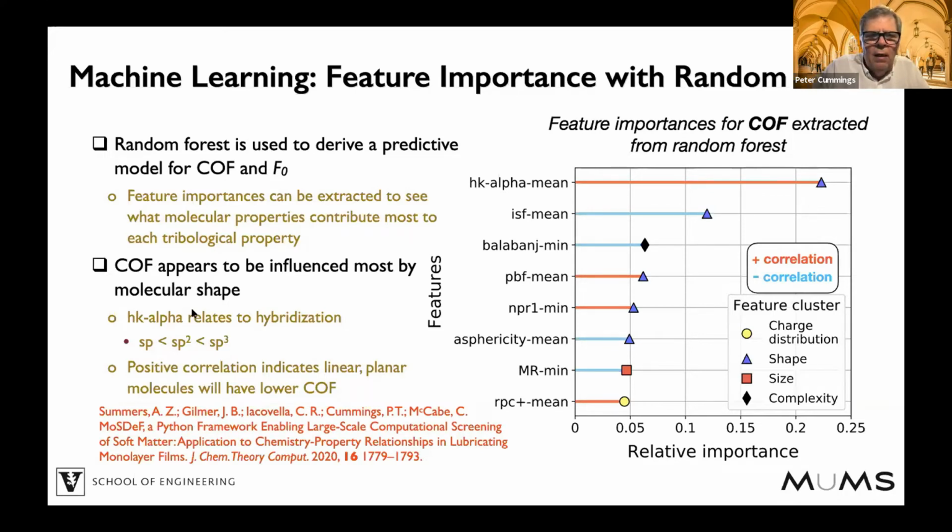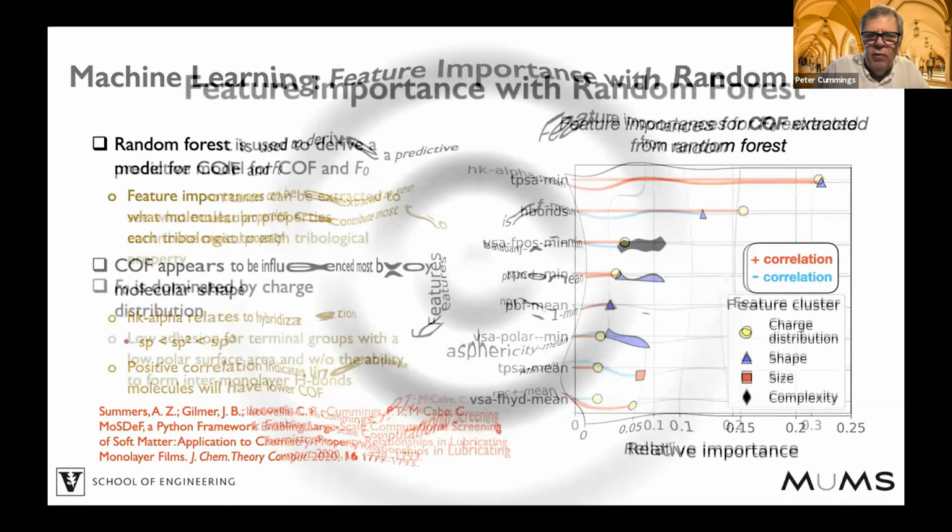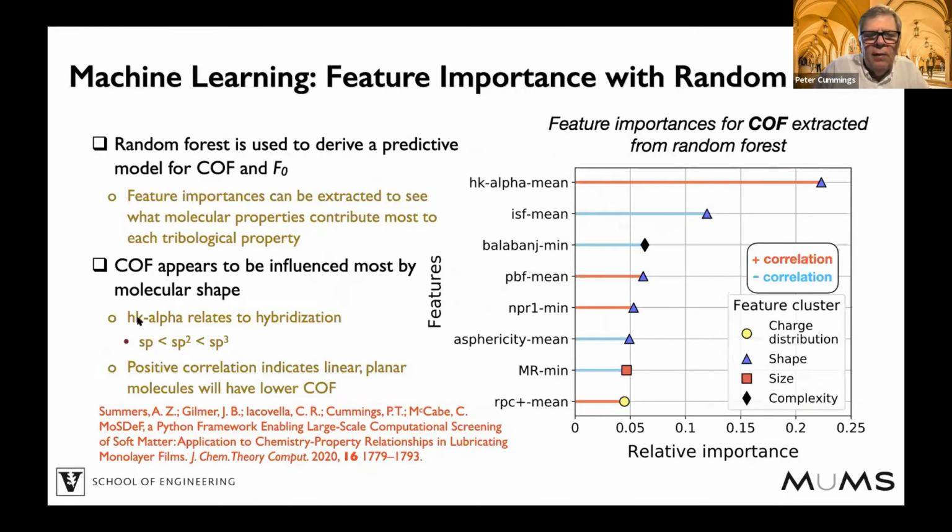If I can go back, I don't seem to be able to go back very well. You would see that the thing with the lowest coefficient of friction is the cyano group, which is simply like a pencil. And I think it comes down to the fact that this is a transport property. So really what's becoming the most important thing is the repulsive forces and the shape of the repulsive forces between the molecules. And this has been published in JCTC just last year,